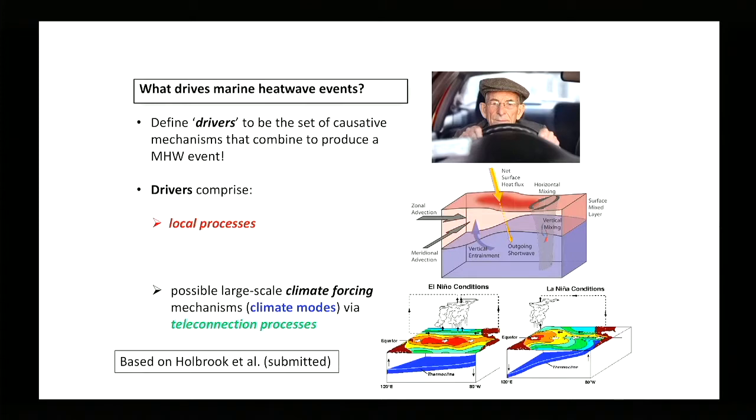So these are the climate modes that can potentially give us longer time scale predictability. And effectively, the type of thing that Michael was talking about, well, he wasn't necessarily talking about climate modes per se, but he was talking about remote processes teleconnecting in through Rossby wave trains, and affecting atmospheric heat waves that then locally would generate the processes that underpin the atmospheric heat wave, and in this case, a marine heat wave more locally.